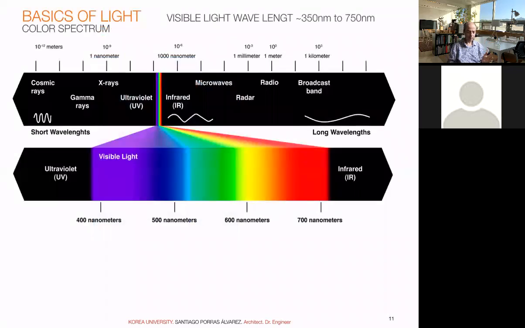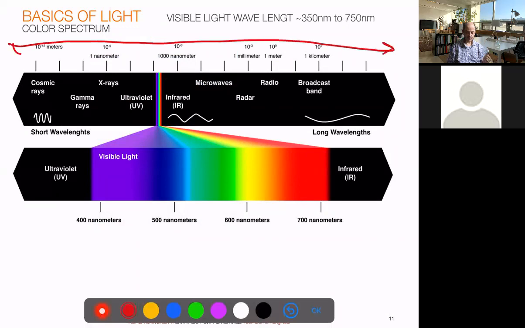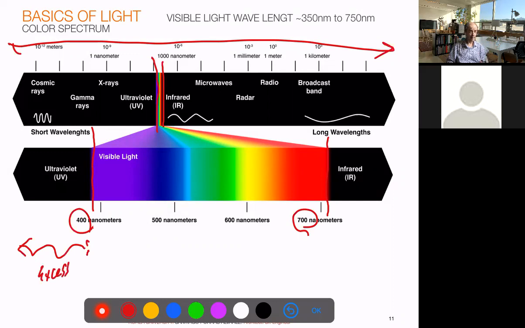If we see the whole radiation spectrum, the visible light is a really, really tiny part of that spectrum, from a little less than 400 nanometers for very short waves, which is ultraviolet, to a little more than 700 nanometers, which is where we go to the infrared. You know that ultraviolet is important for our life, so our biological processes need ultraviolet, but in excess, and it's very easy to reach the excess, it creates biological